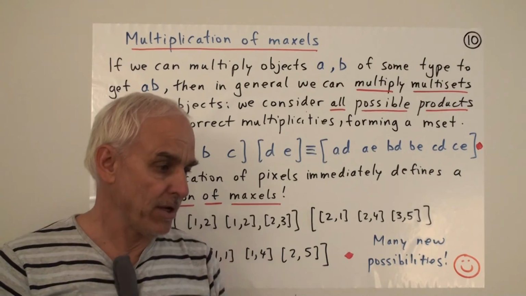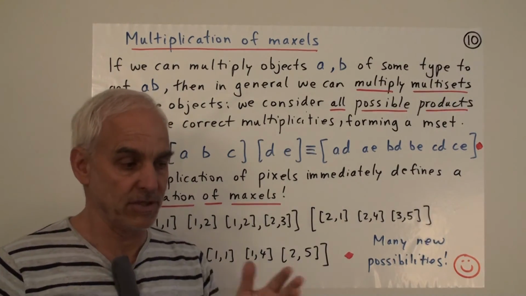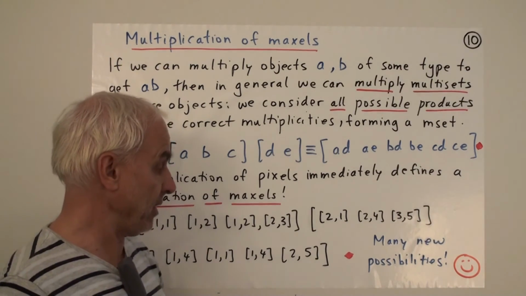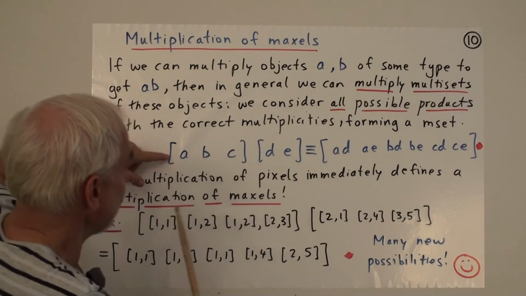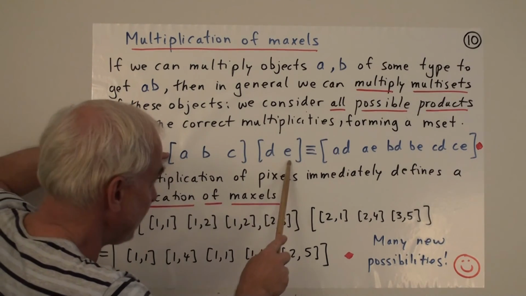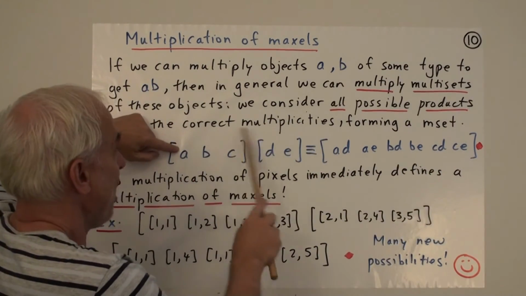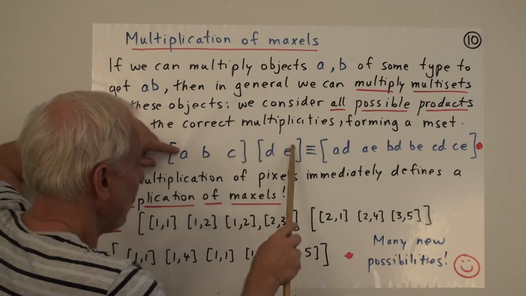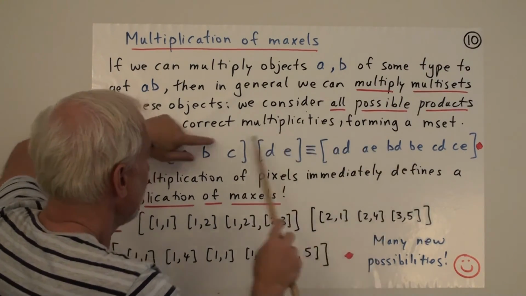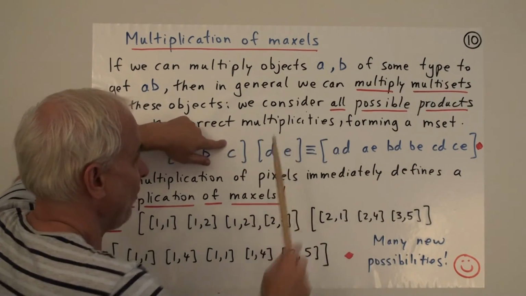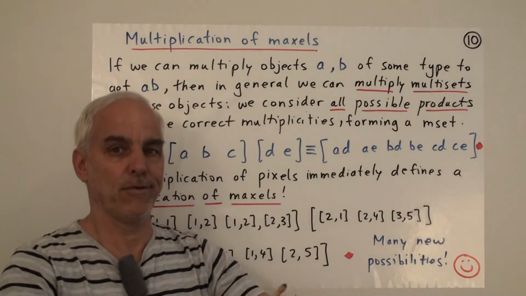This is a very important idea. It's going to have major consequences for us in algebra. Like for example in group theory, we're going to see it's really going to be a very instructive idea. Okay, so to be precise here, we've got A, B, C in this multiset, we've got D, E here, and when we take the product, we're going to get the multiset consisting of A times D, whatever that is, A times E, B times D, B times E, C times D, and C times E. We're just going to compute all those products and then put them all together in a big box.